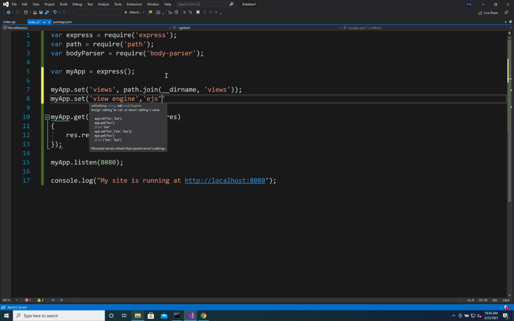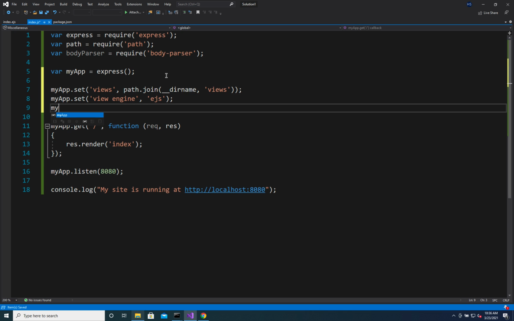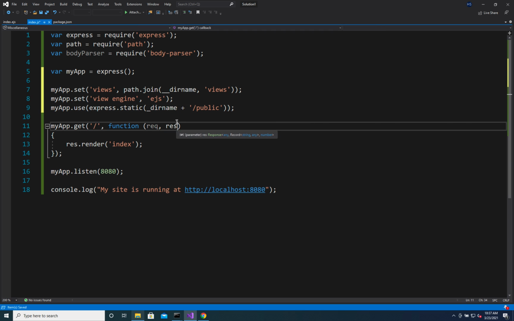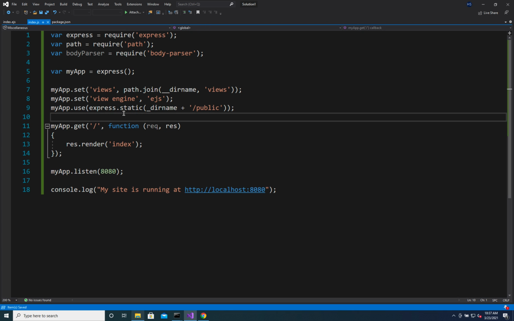EJS. And then public is our folder. So we'll get into what public means later, but it's basically where images and stuff like this are stored. So we'll get to that in a second. Okay, so if we've done this correctly, which I think we have,